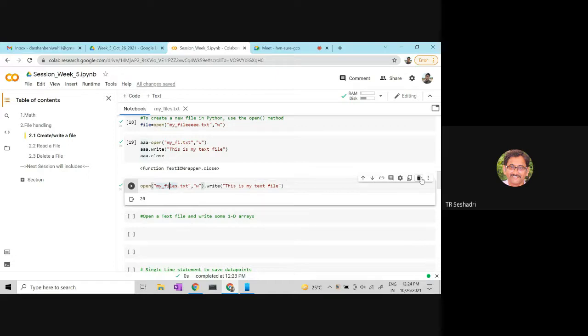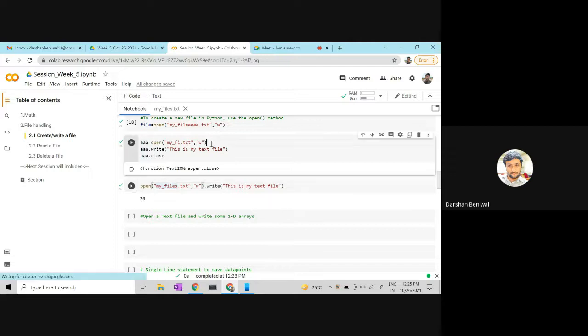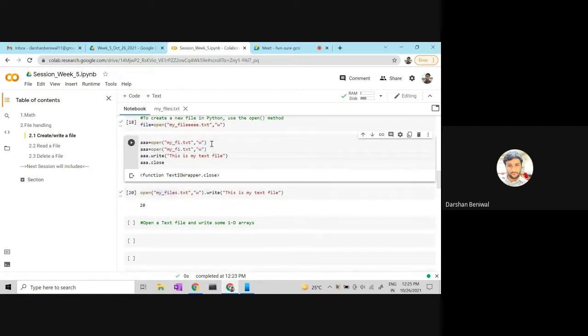Oh, okay, I understand your point. But tell me, can A and B both have the same myfile.txt? So you mean two variables with the same file name? That's why I'm saying, if that was possible, then I understand Priyanka's argument that this is just to specify what kind of file it is.